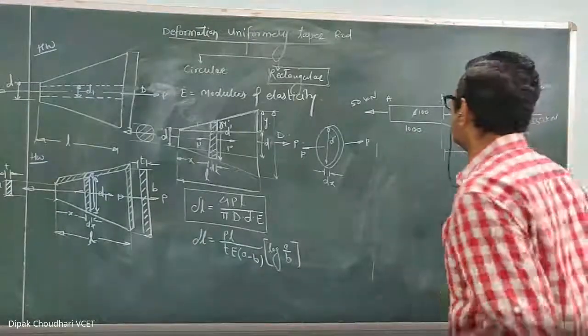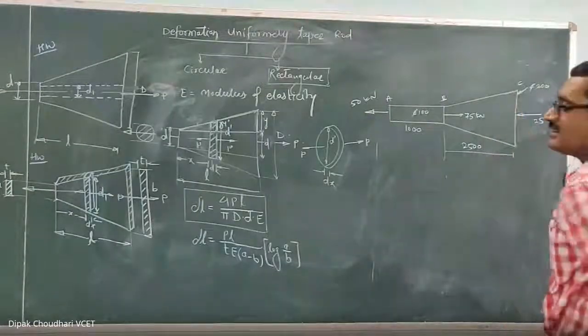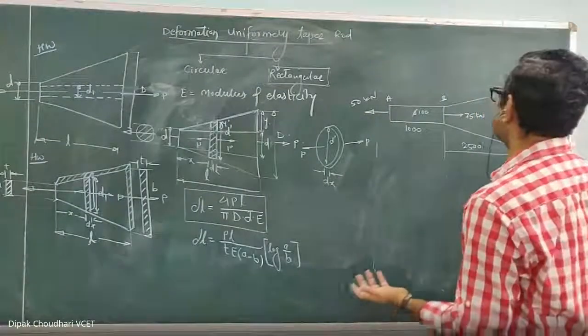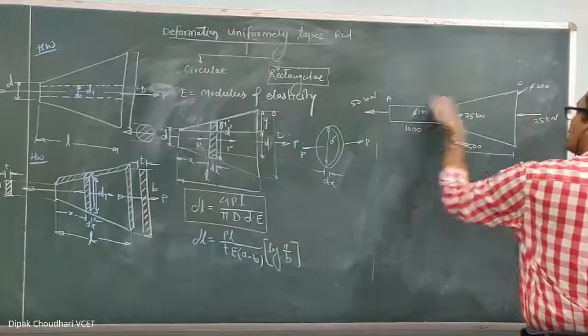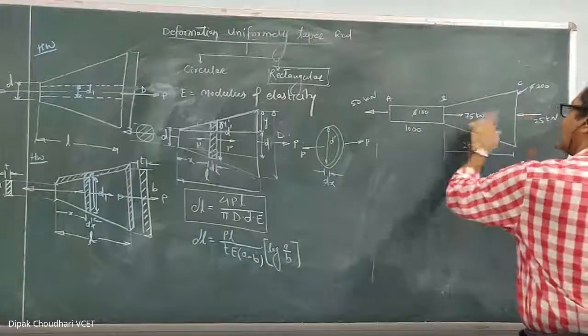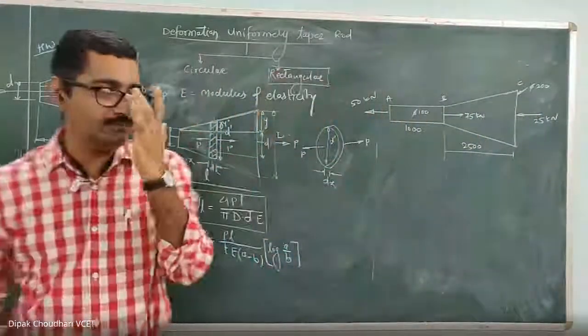Okay, there is no unknown force, and we just cross-check whether, under the action of these axial forces, this rod is in equilibrium or not. Here, on the left-hand side the forces acting towards left are 75 and towards right 75, so they balance each other, and the rod is in equilibrium.